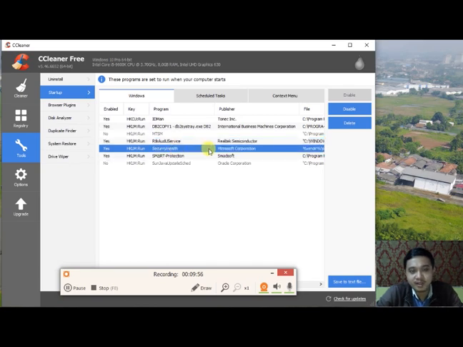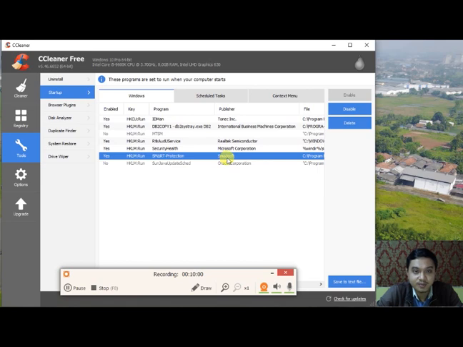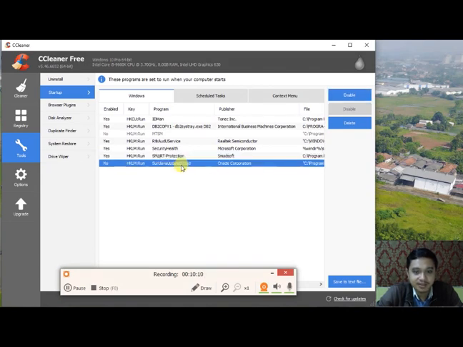And then Security Health from Microsoft Corporation, I enable it. And Smart Protection from SmartSoft, the antivirus, so I enable it. The program that I disabled was Oracle Corporation, which I think is not too important to run at startup, so I disabled it.